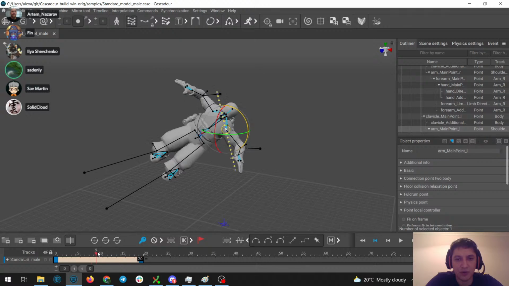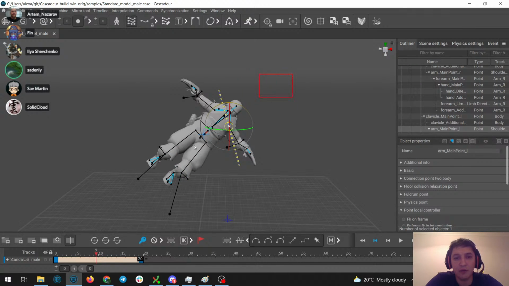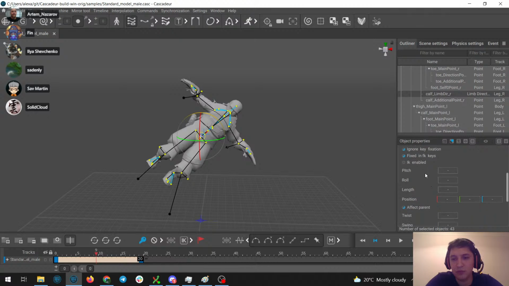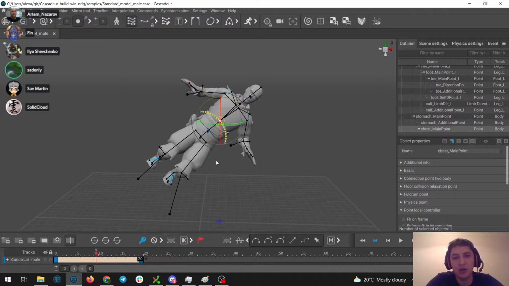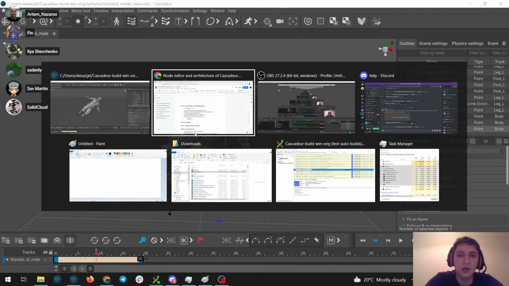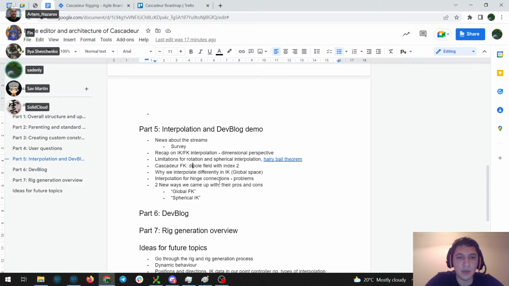And because of this, everything is squished here. And if I turn on IK, then the character looks much better. That's because these vectors are interpolated, and each vector is interpolated on a sphere. Okay, so why a sphere?